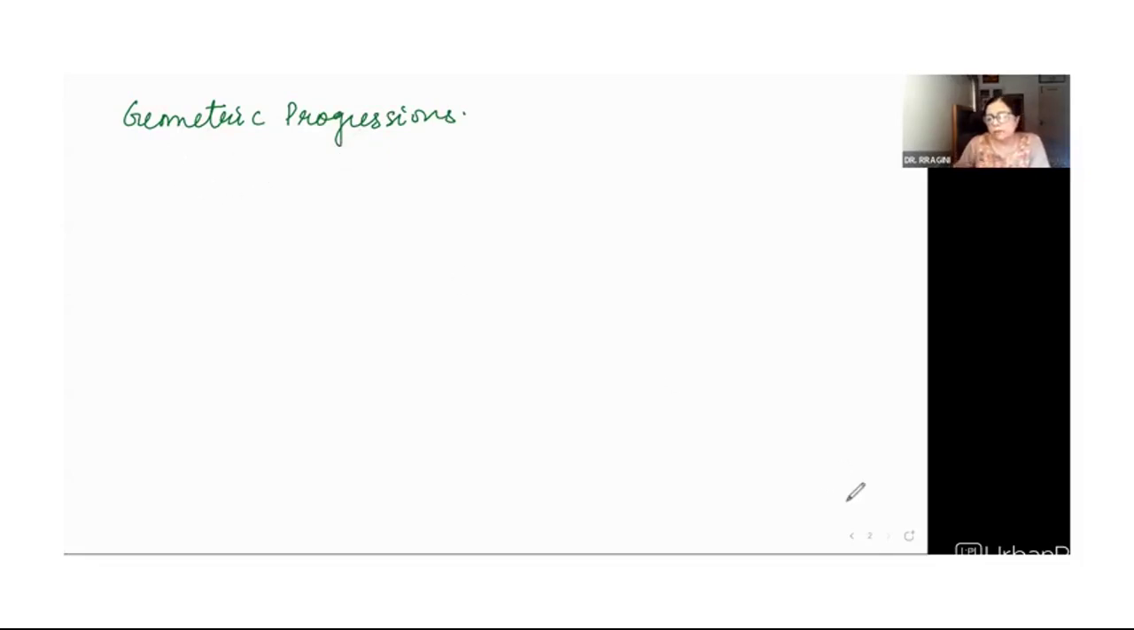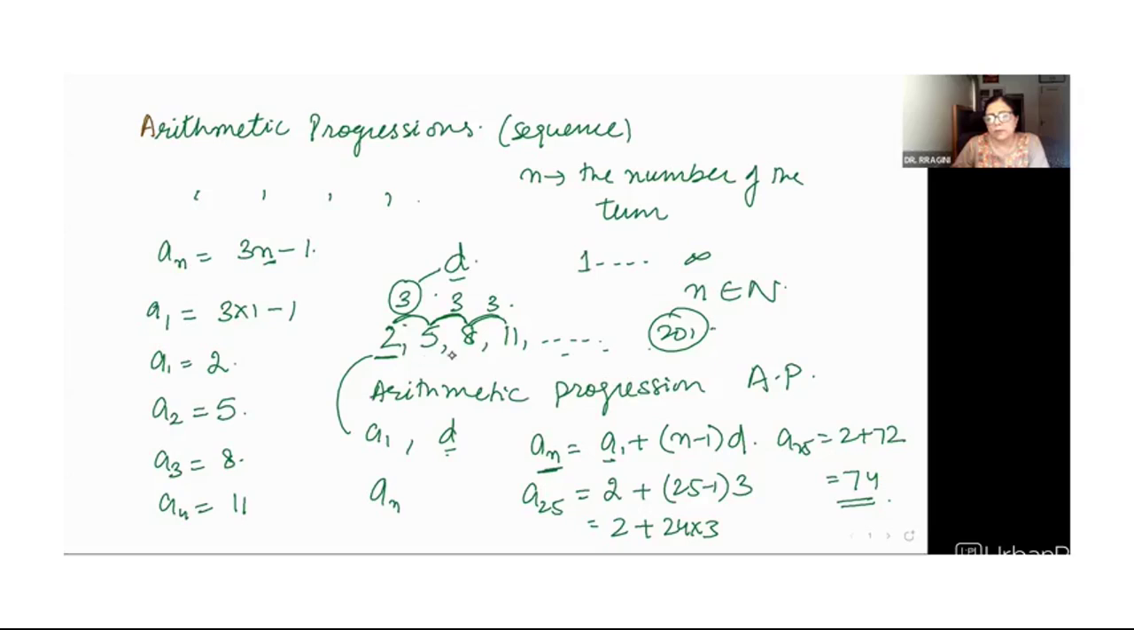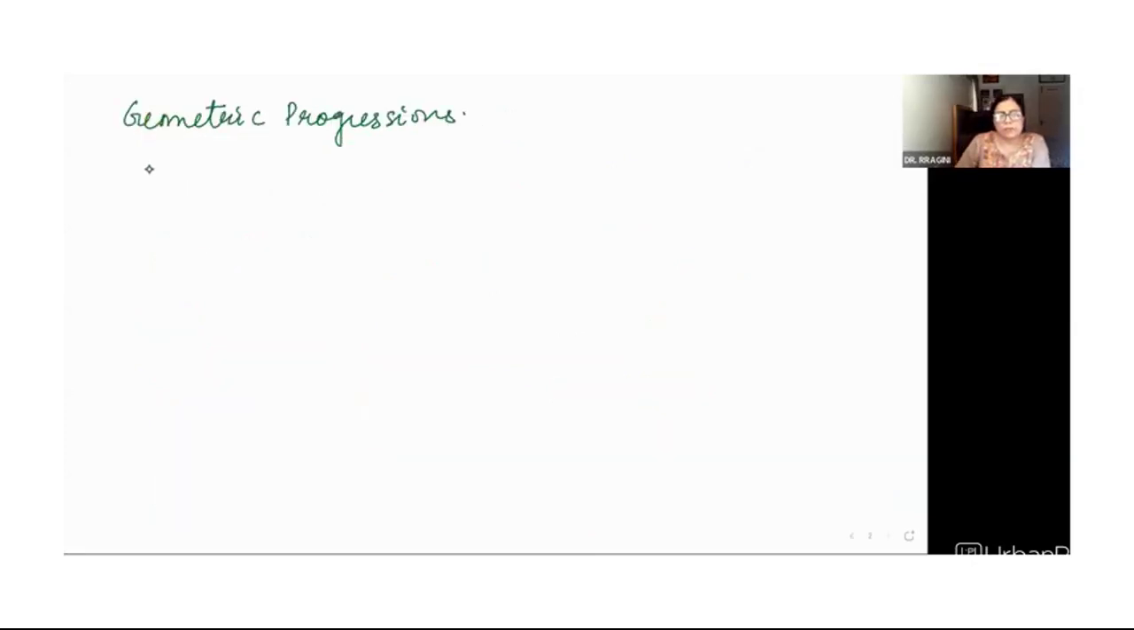Now you have learned an AP is a sequence in which if we add a number to the existing number, we get the next term. You add 3 to 2, you get 5. You add 3 to 5, you get 8. Keep on adding a constant number to the previous term, and you will get the next term. Now what happens in a GP? If I have